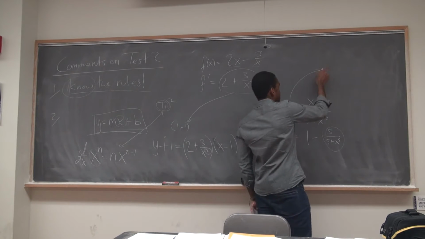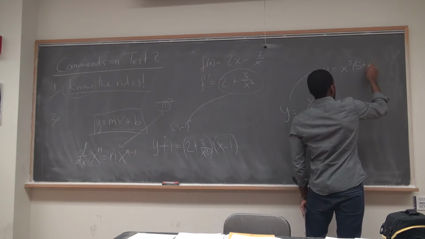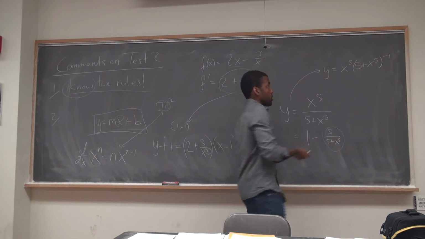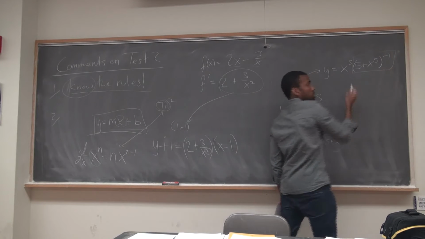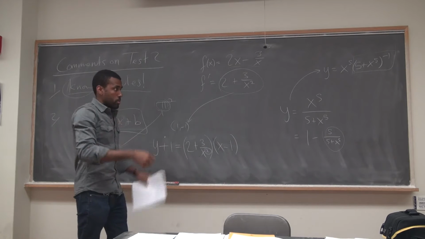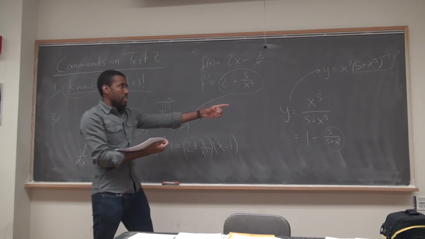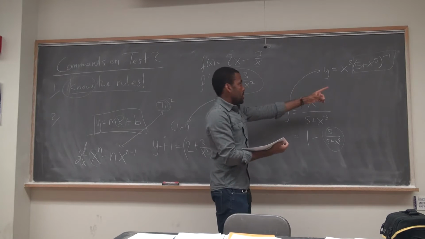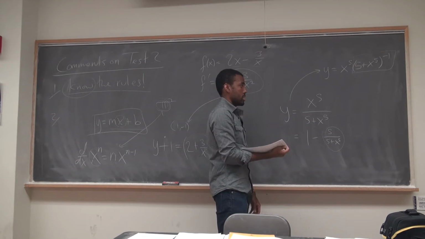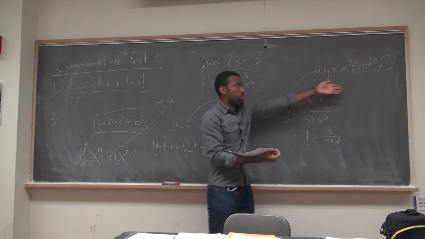If you really hate the quotient rule, you could have written this as this and use the product rule. And when you're differentiating this part, you need the chain rule. That is an option. I don't particularly think it is worth it, but if you have a personal preference, there's nothing wrong with doing that. Here, I would just have used the quotient rule, but if you really like the product rule, you can do that.